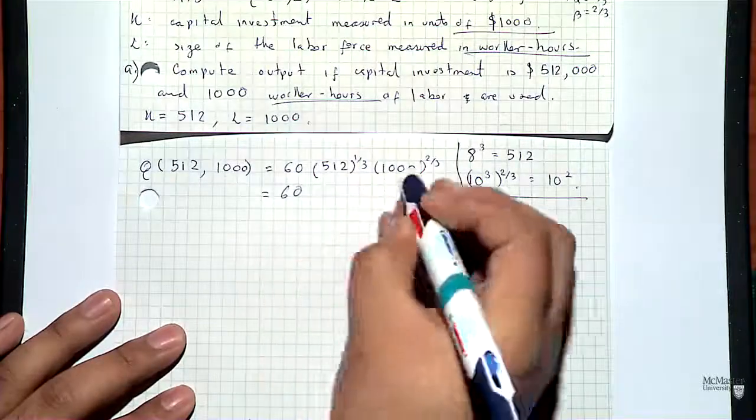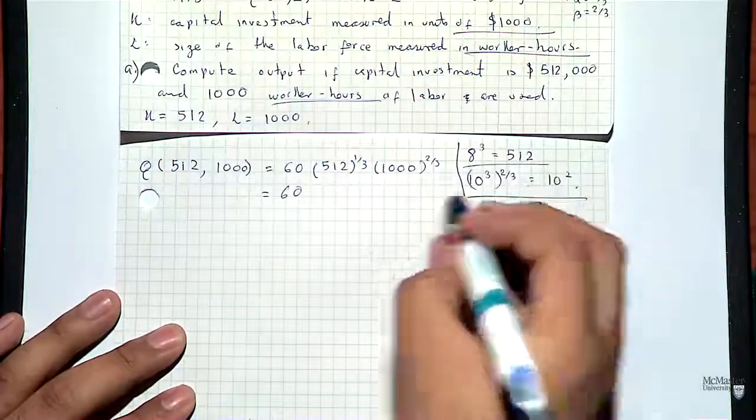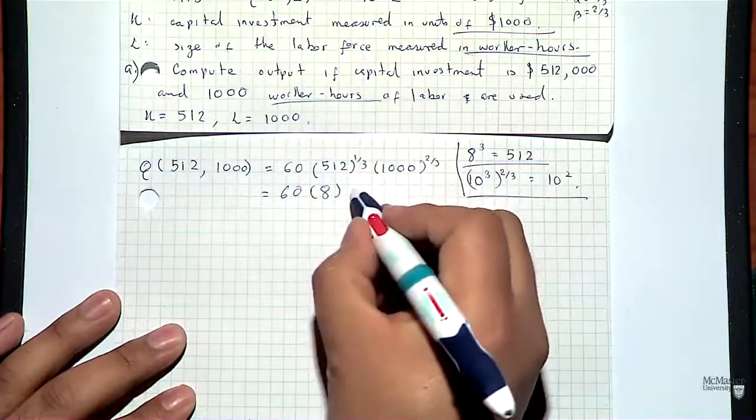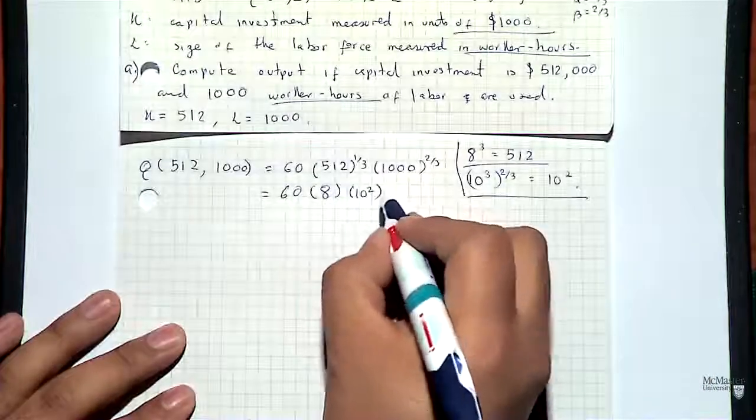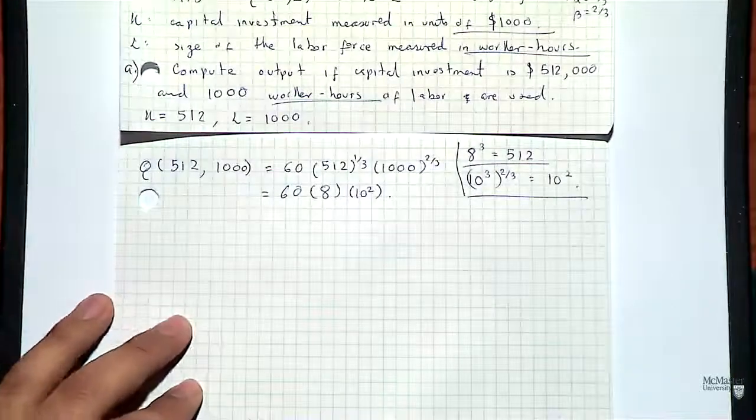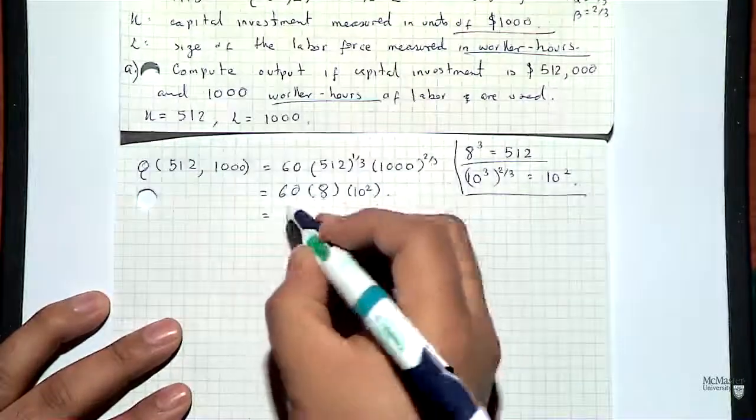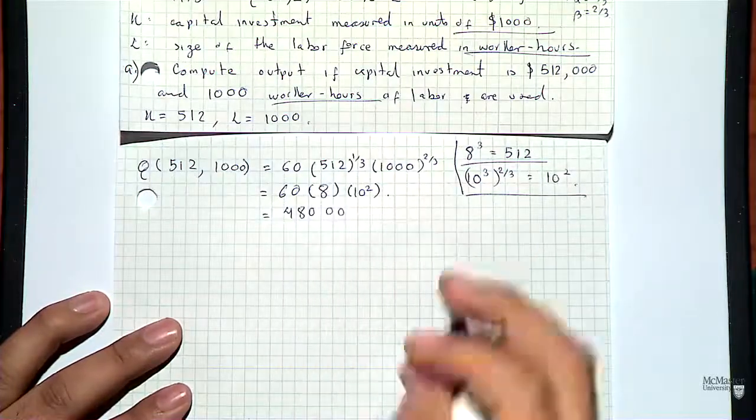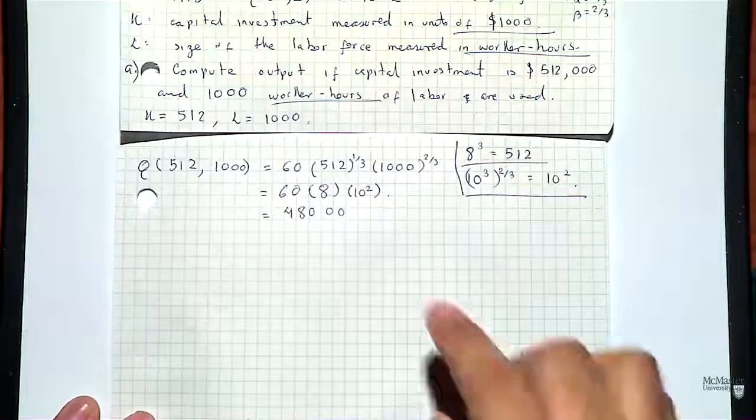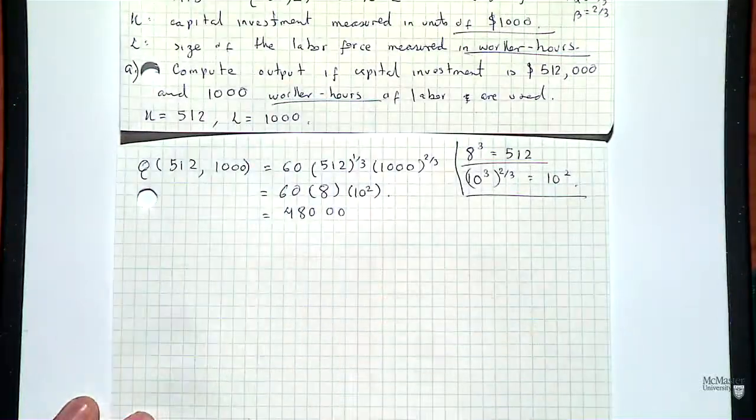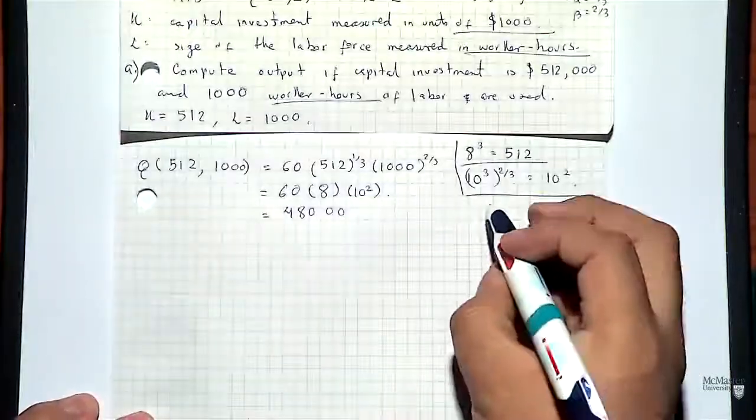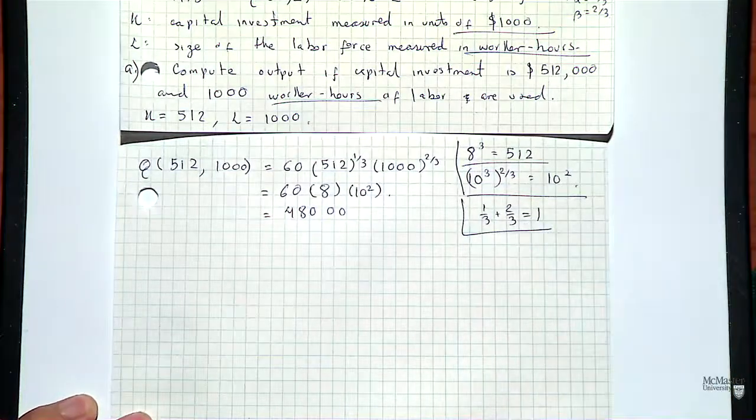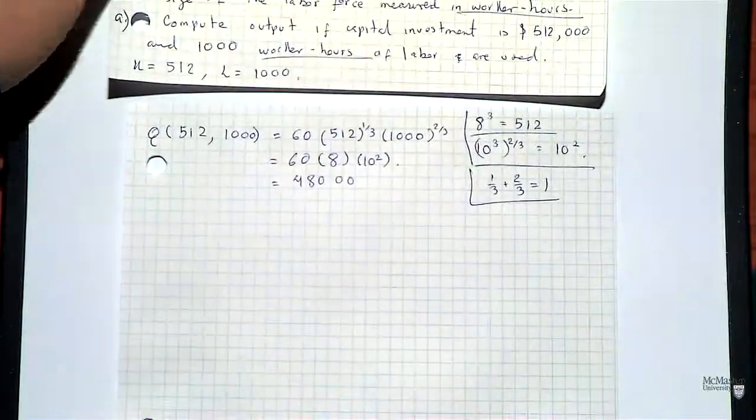So basically, this would be 60 times 8, because of this. And then doing this computation, you would have 10 squared, which is 100. So you have 60 times 8 times 100, which gives 48,000. And I have already made the comment that 1/3 plus 2/3 is equal to 1. That will be important for the next part of the exercise,